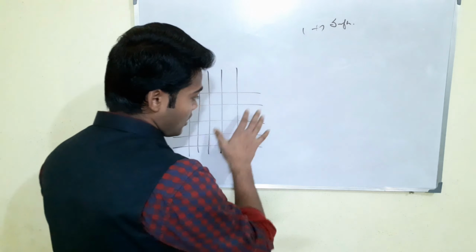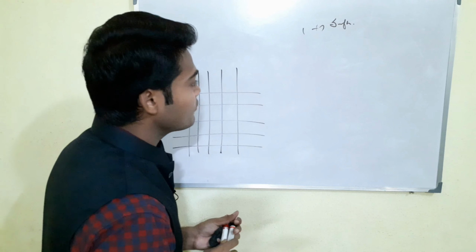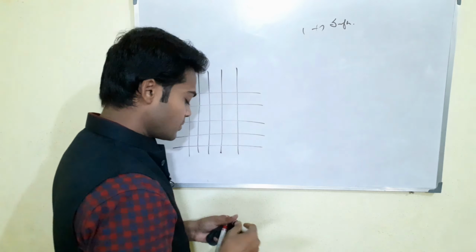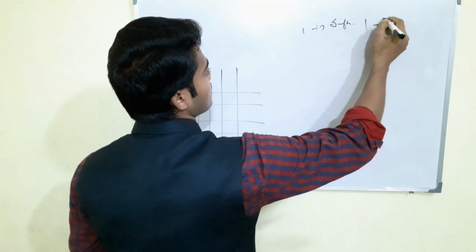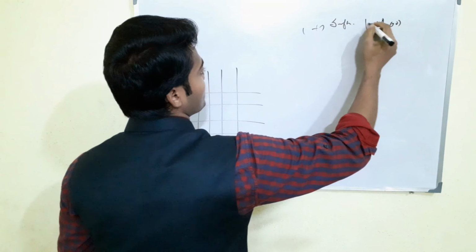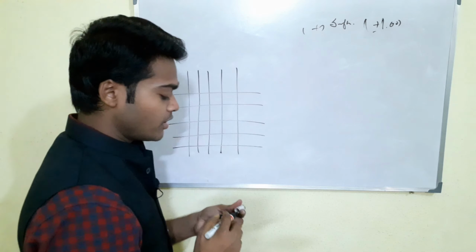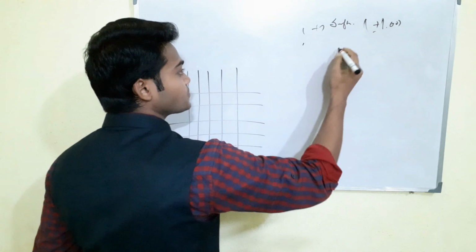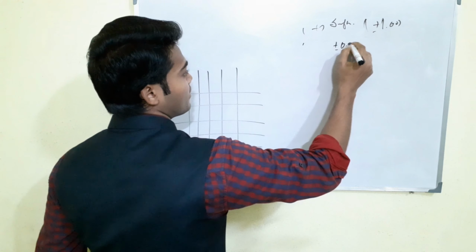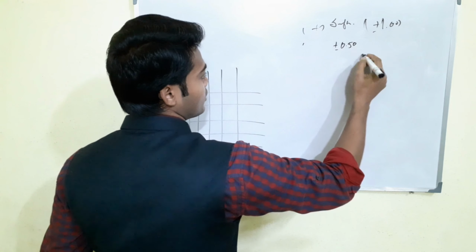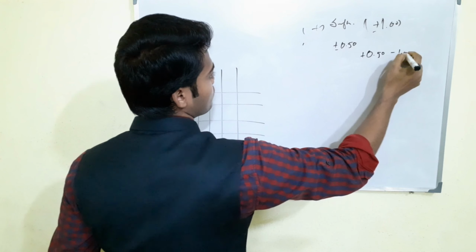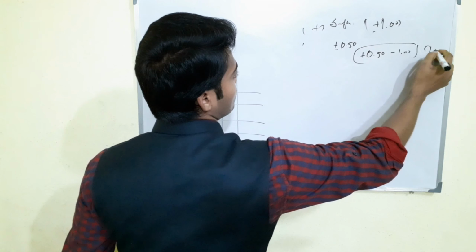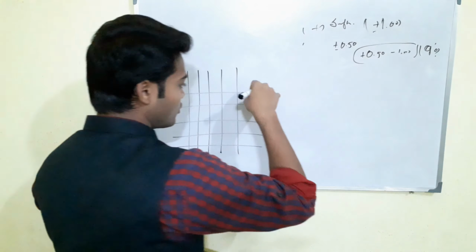Now you may ask how we calculate. Basically, just suppose you put +1 here, and the patient says this target is visible. What you have to do is simply put the cross cylinder, plus minus 0.50, in front of the patient's eye. What is the calculation? 0.50 minus 1. We put this one into the vertical axis, meaning the 90 axis, in front of the patient's eye.